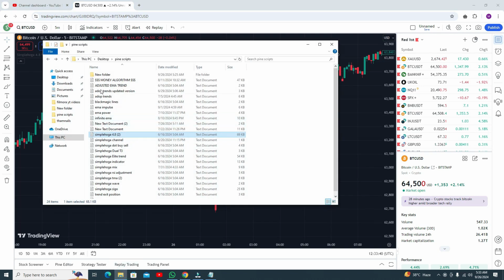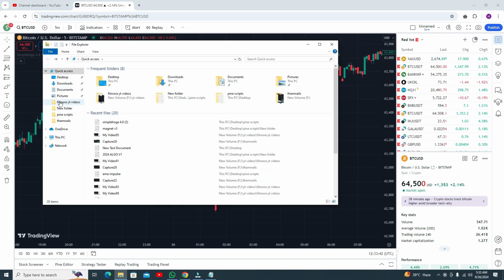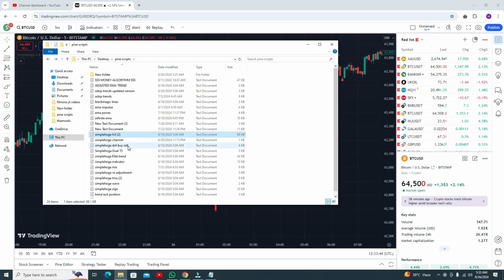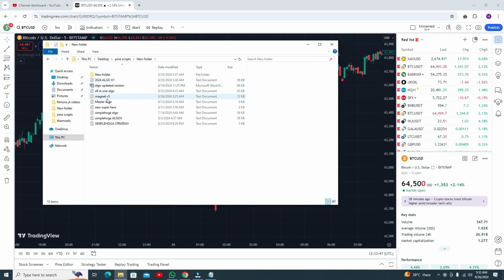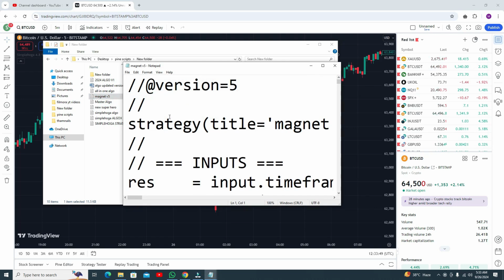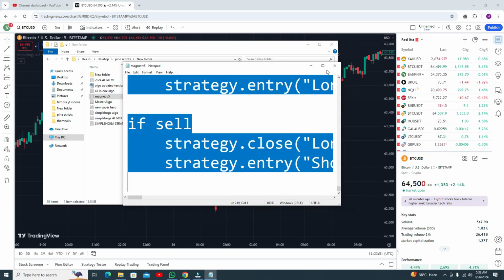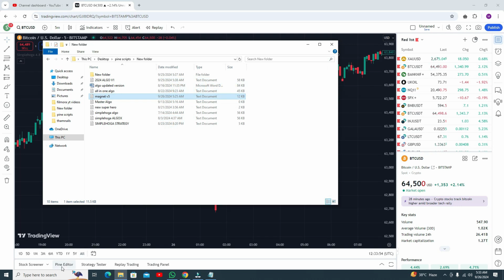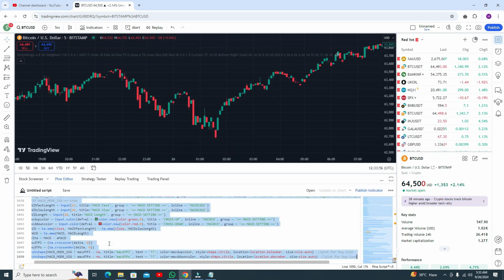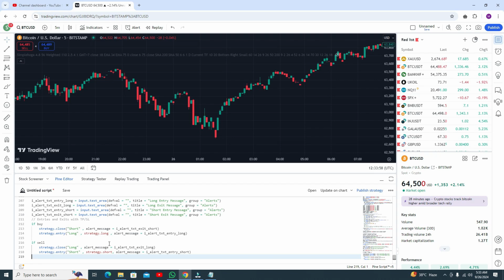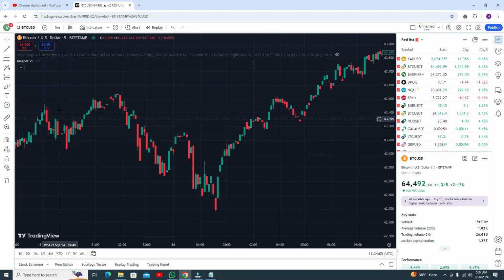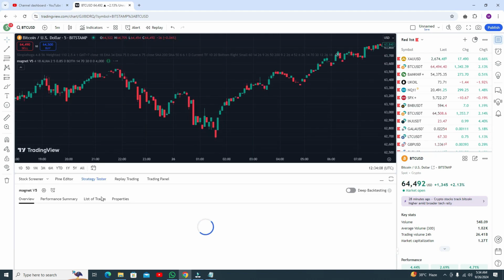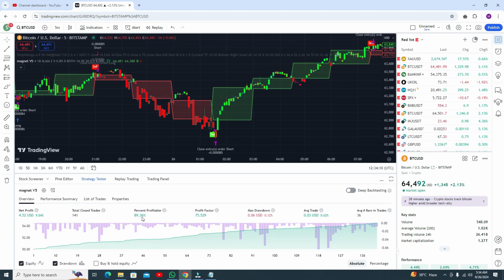Okay, we need to add one more time, then you can see the accuracy. Let me add the indicator one more time. Pine script here, Magnet, Control A, Control C, copy my code, then go to the Pine editor again. Here you need to press Control A, remove all my code, and Control V, paste my new indicator code, and then click on add to chart. After clicking on add to chart, the indicator will look like this one. Okay, here you can see 89.35.